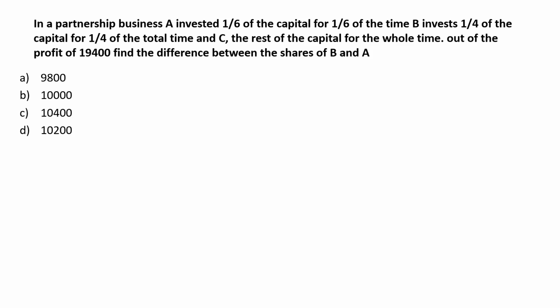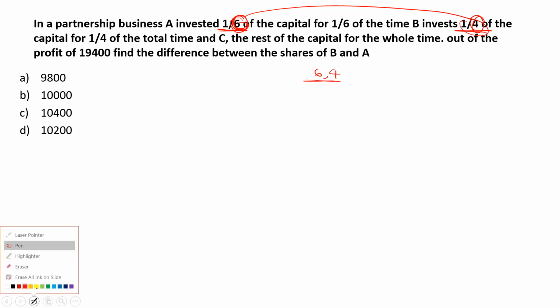There was a business consisting of three persons, A, B and C. A invested 1/6 of the capital and B invested 1/4 of the capital. That means A divided that capital into 6 parts and B divided that capital into 4 parts. So the capital should be a common multiple of both 6 and 4, to be divided by both 6 and 4.